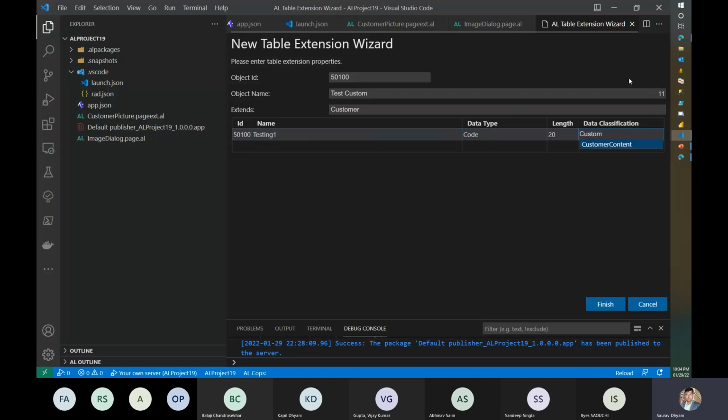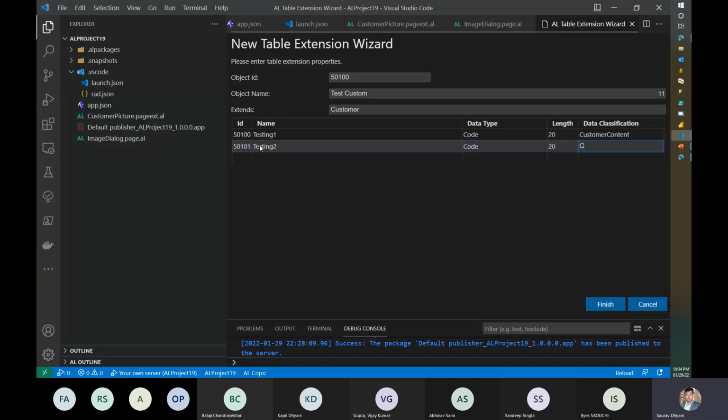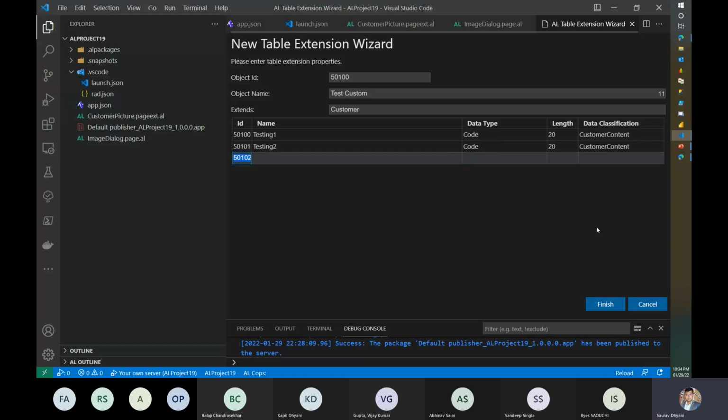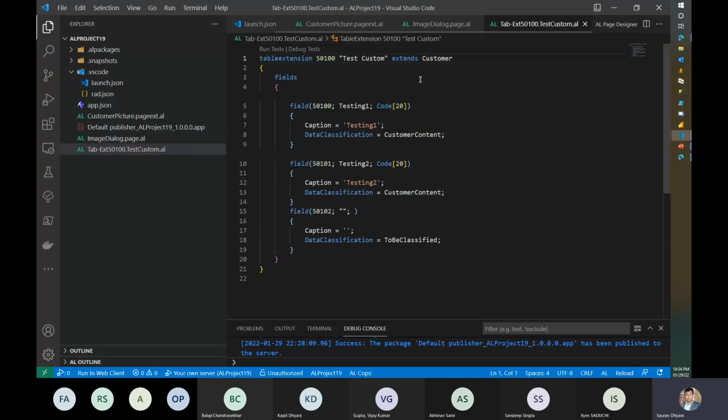Okay, let me just add some fields here so that I can show it to him. I think too, from the upgrade perspective, because we deal with it, and as Sandeep sir is saying, there are different ways to handle it. But let's say I've added these 2 fields on the customer table, for the sake of clarity. Okay. Now I want to add the